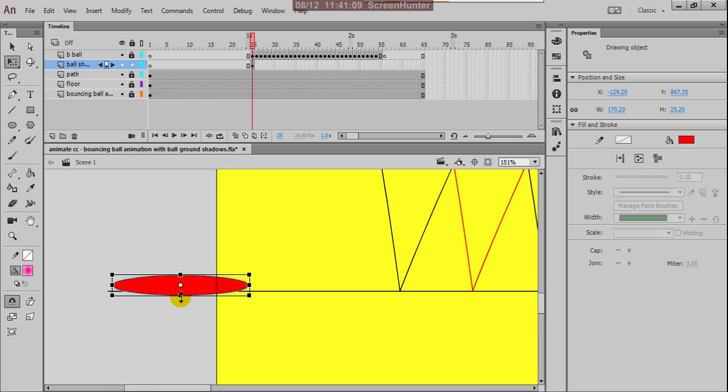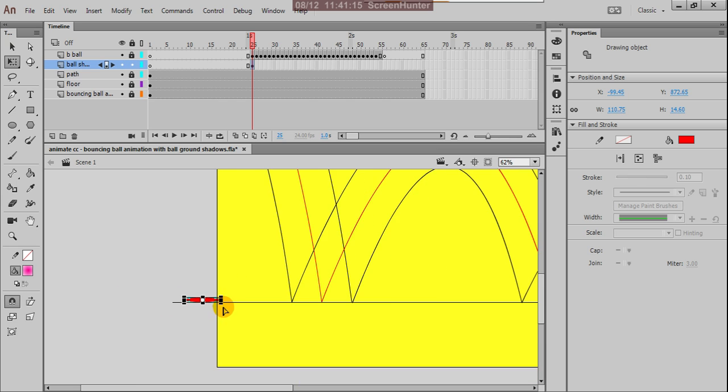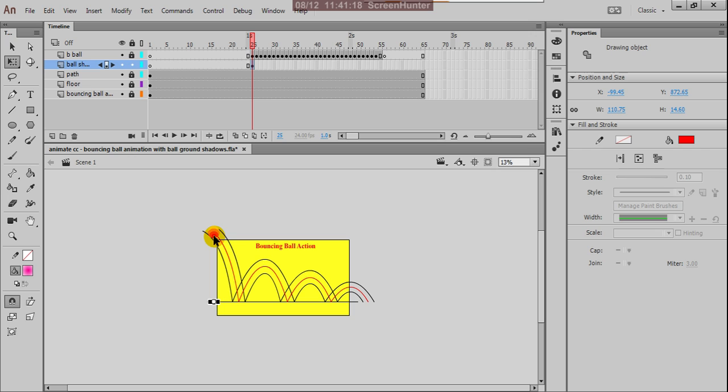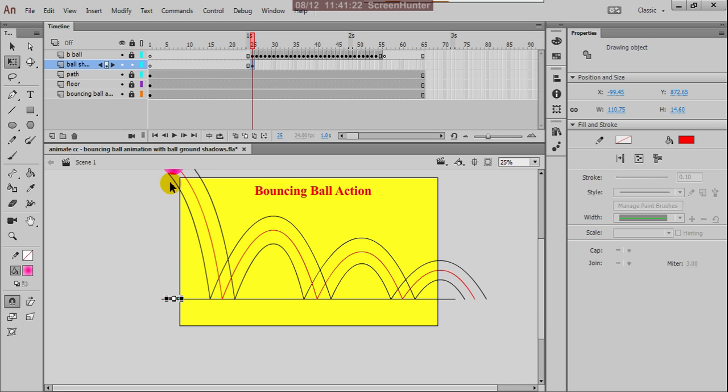Okay, and you change the shape and reduce the size also, because the ball is at the topmost height, the shade must be smaller. When the ball is coming down, obviously the shade also will increase in size. And here this area shade must be wider, and slowly it is going up, and slowly the shade size must get smaller.